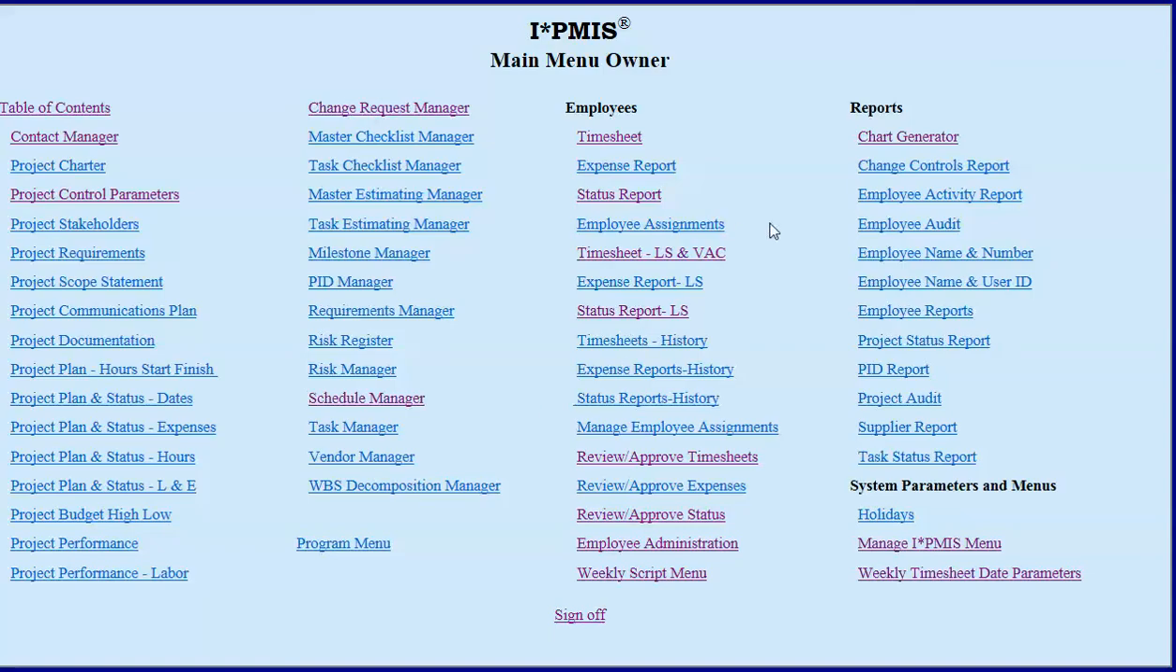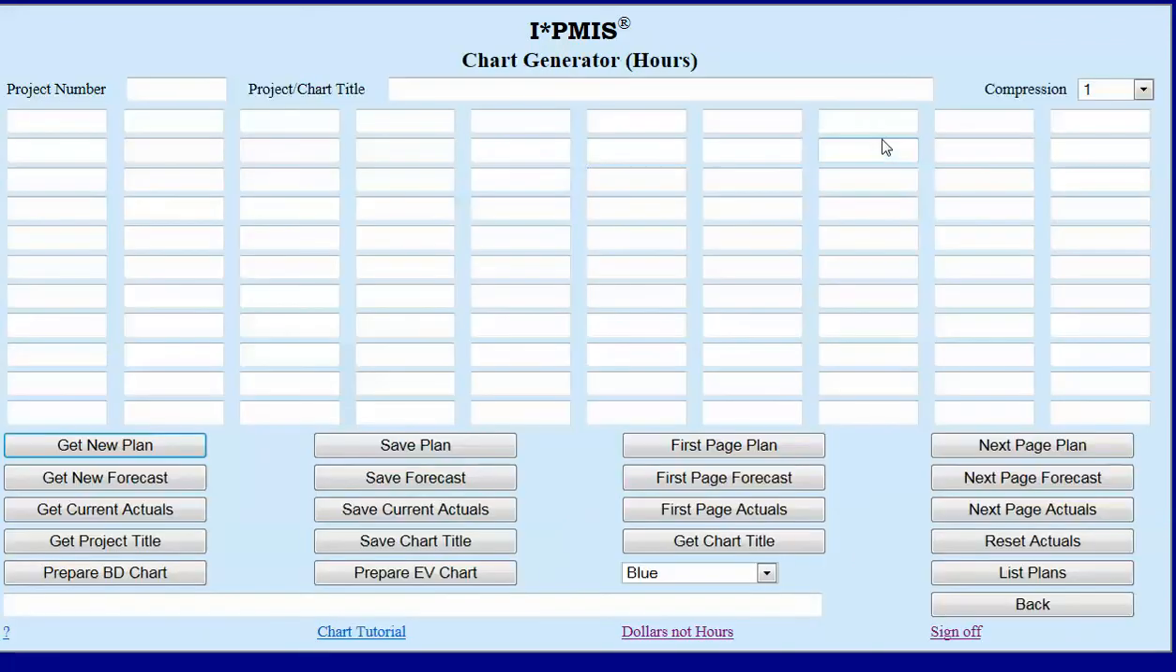Okay, here we are at the abbreviated sitemap, the main menu, and over here under the reports we have the chart generator. And here's the screen for the chart generator dialog. The project number where you identify the project you're working with, the project and chart title that goes along with that, and here's where all your time series data is displayed, the date and the hours or the dollars. And on the bottom we have the action buttons,